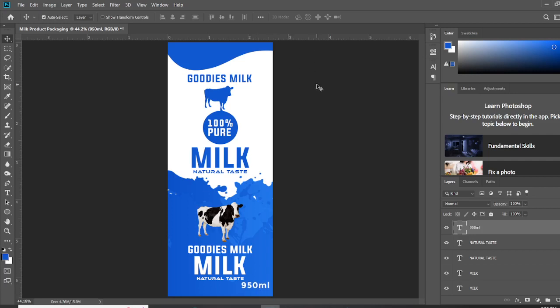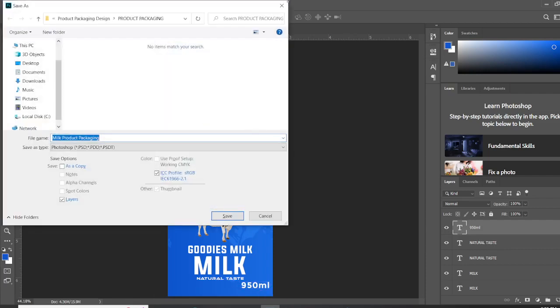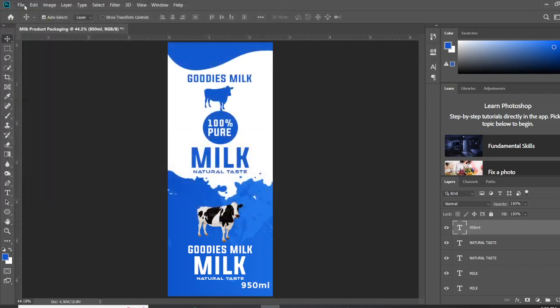Okay, so now I will be designing the front and the back of this. Okay, so this is the front, so we are done designing the front of this product. Okay, so the next thing is to design the back. So what I'll be doing now is that I'm going to group everything. Okay, let's save it like this. Let's save it. Control Shift S, the shortcut key to save it, or you can come over here, file, then